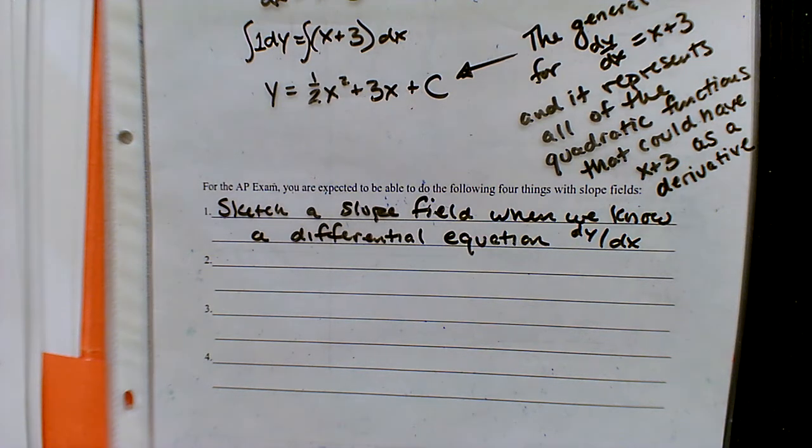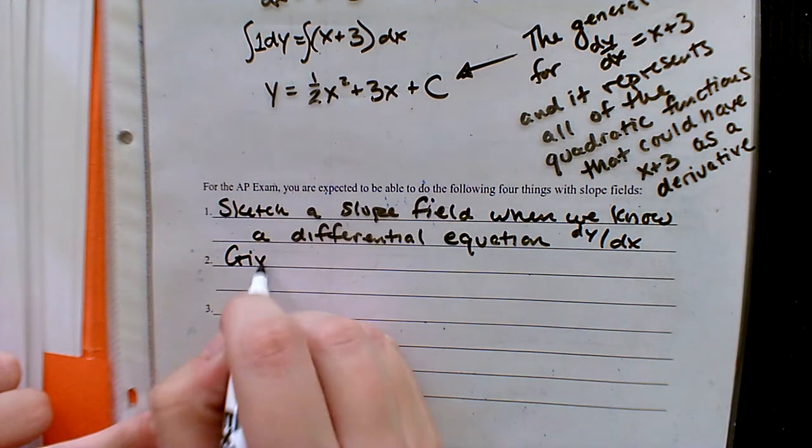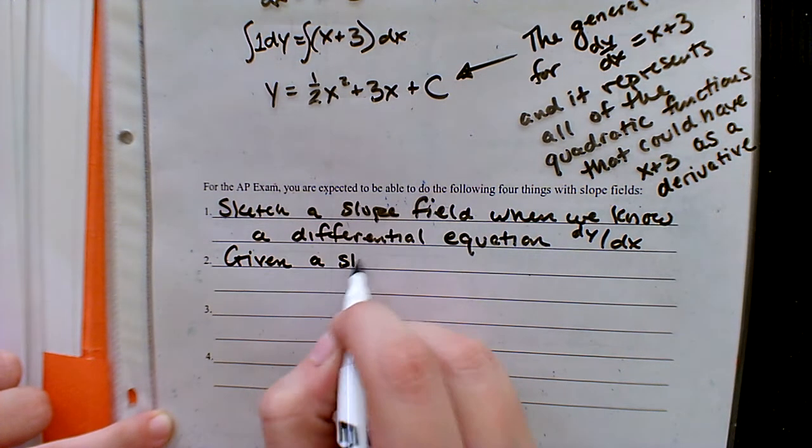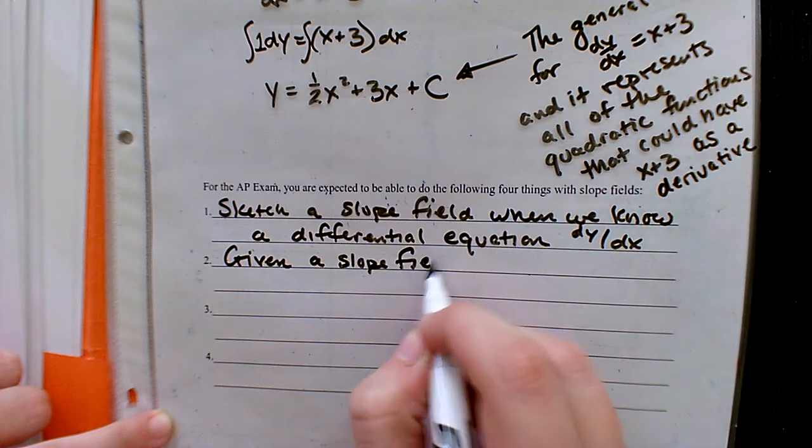Once we have a slope field, we're going to draw a particular solution, an exact solution, and that must mean we have to know a point. Because remember in the last section when we were working backwards, the only way we were able to figure out a particular solution was if we were able to plug in an x and a y to get that c value. So the second thing, given a slope field,